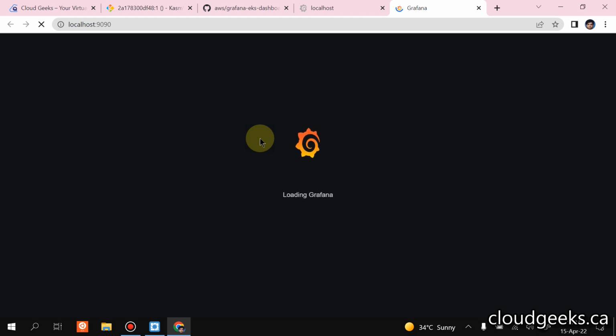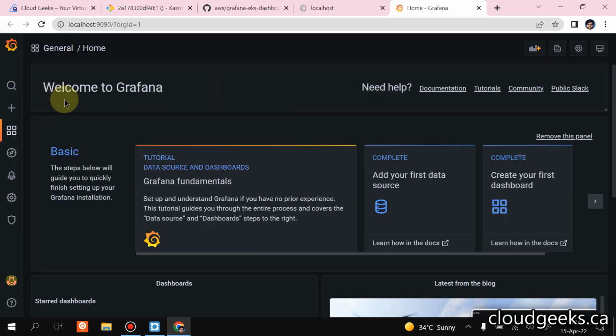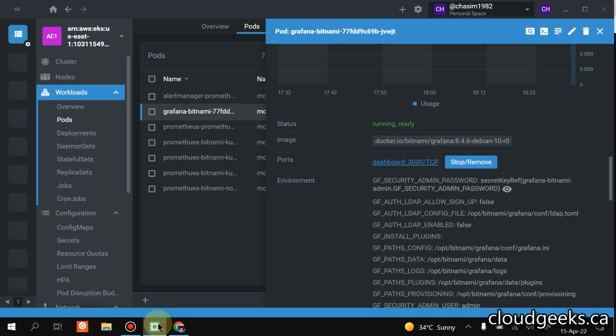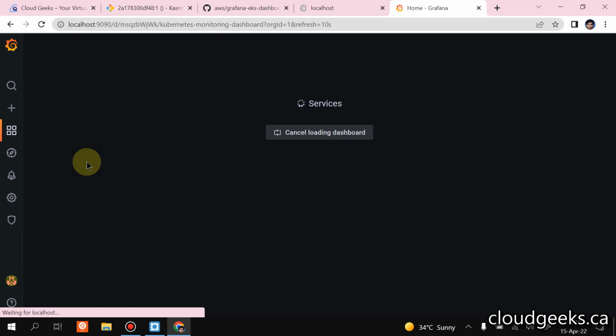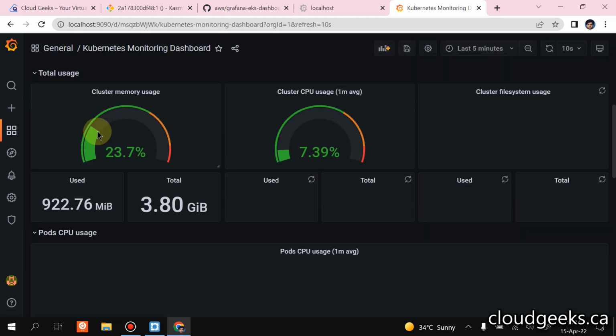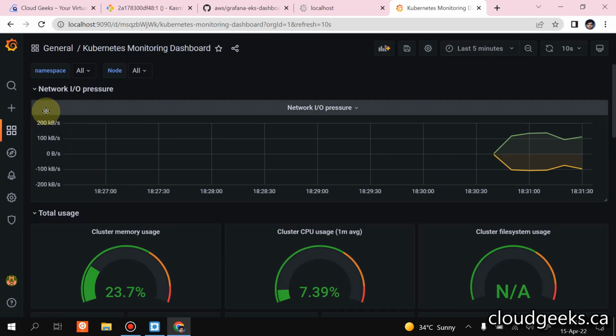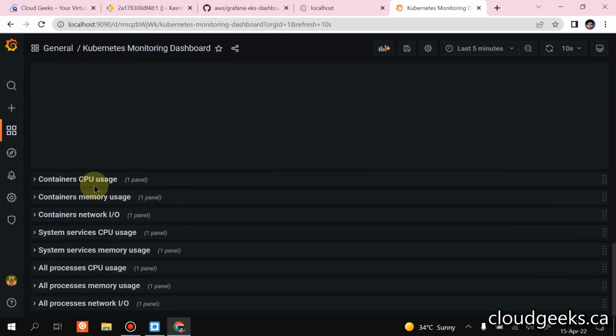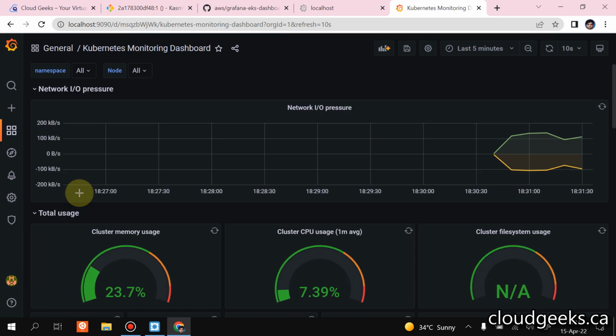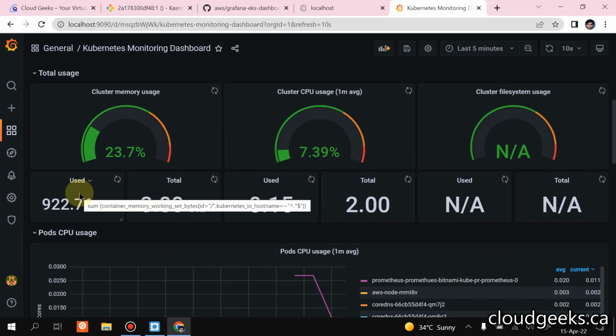So that is the power of using this Lens. Along with that, you can also use the Prometheus Grafana installation, although at the backend it is using Helm, but it is, I guess, the easiest way to manage your Kubernetes cluster, and it gives you more